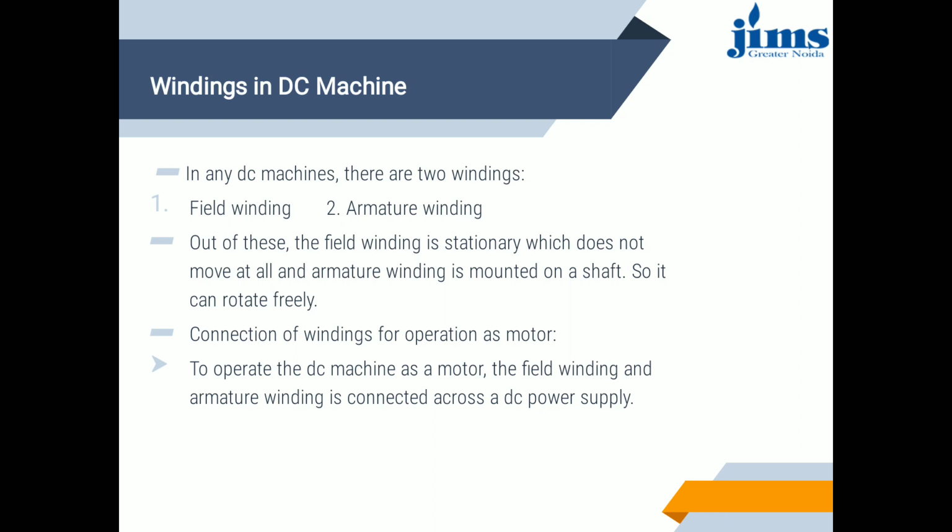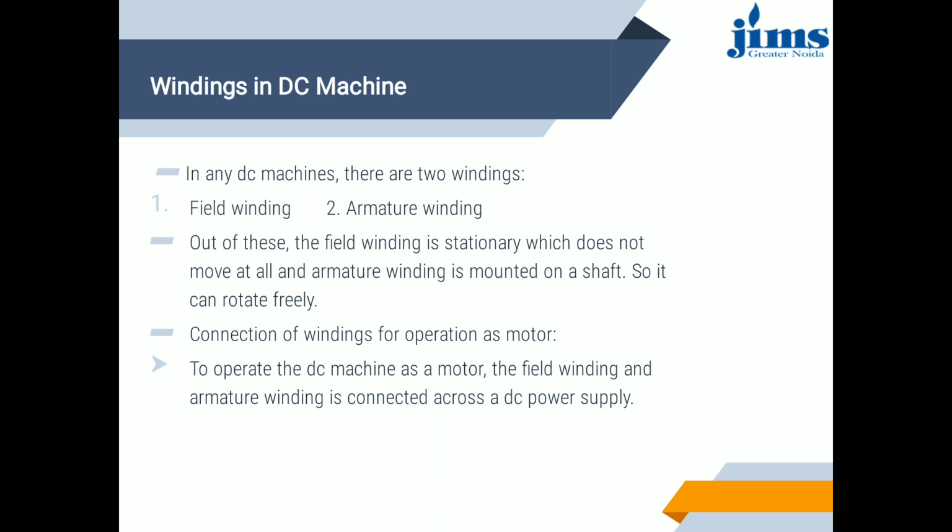When the field and armature circuits are connected across DC supply, let the current in the armature be under the south pole. By applying Fleming's left hand rule, the direction of force on each conductor can be determined. It is observed that each conductor experiences a force which tends to rotate the motor armature in the clockwise direction. This force collectively produces a driving torque.